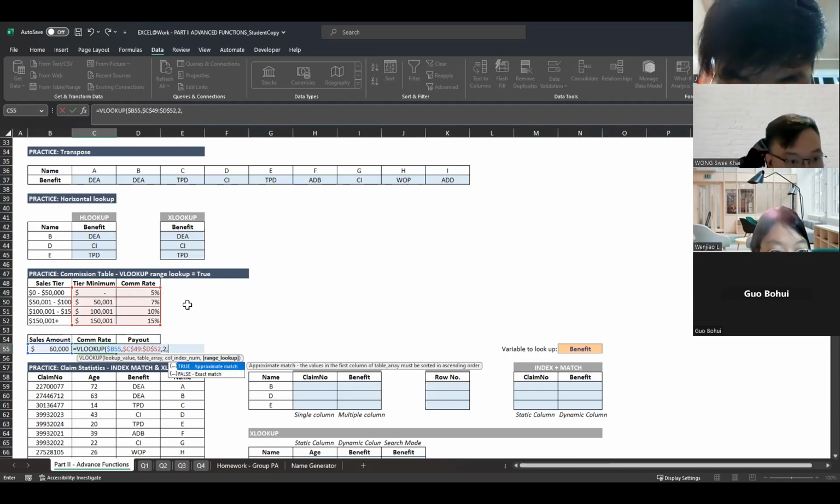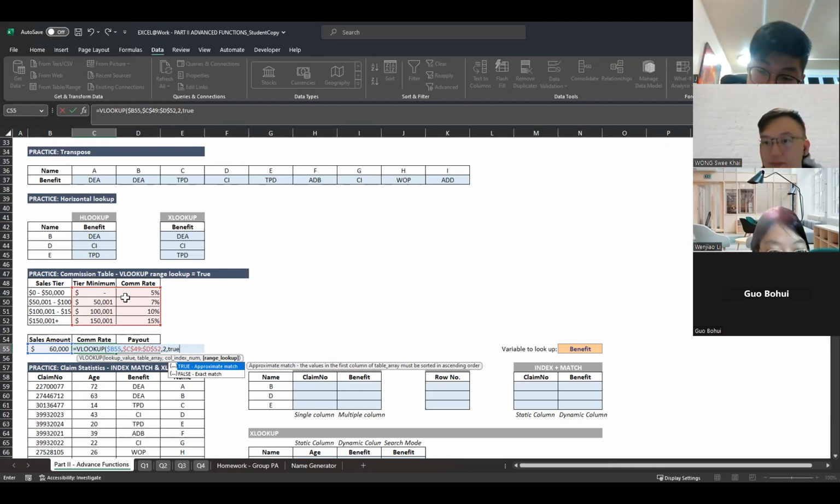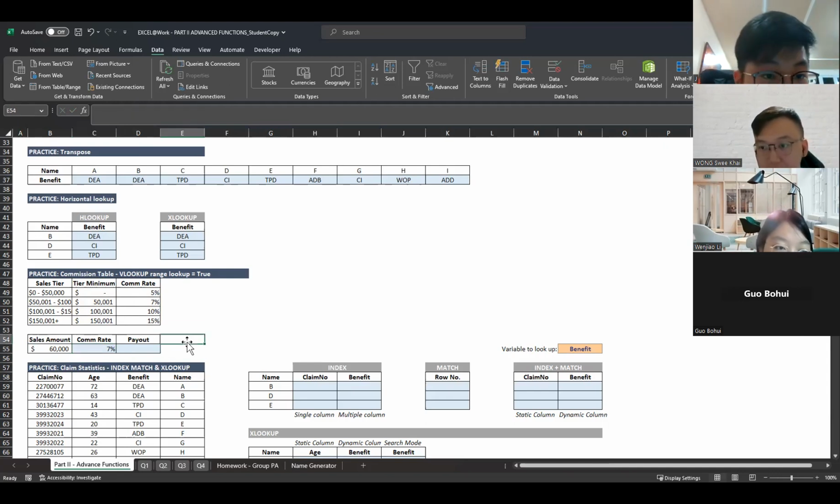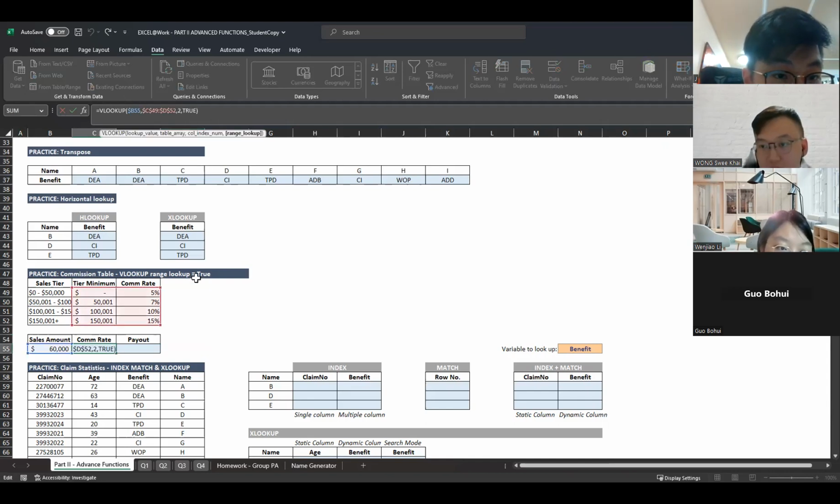And now you see that 60K doesn't really belong over here. But the good thing about the true function here is, because now I can't find an exact match, I have to use true for sure. In this case, it'll give me 7%. So why do I get 7%? It's simply because of VLOOKUP's true, match type, is it called match type? Yeah, range lookup.